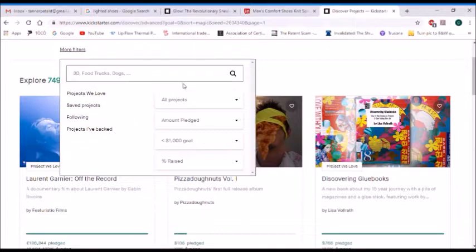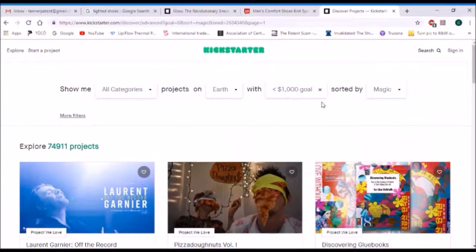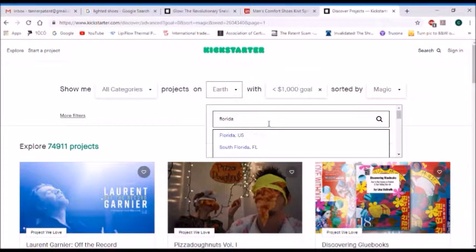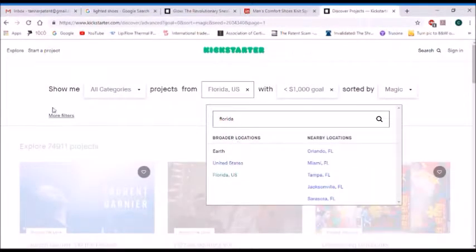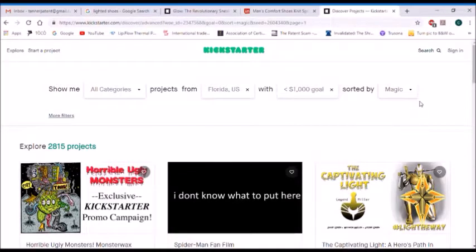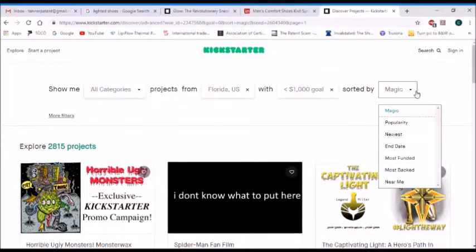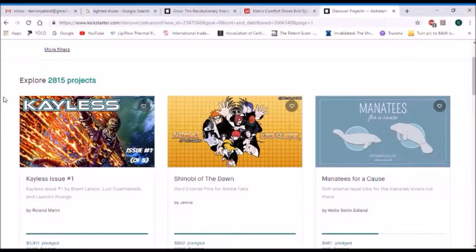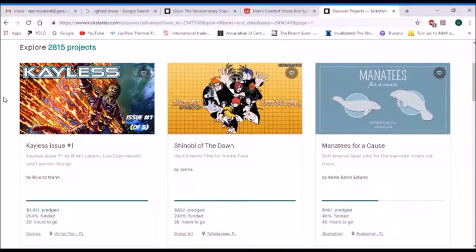And I also like to limit it regionally, specifically to locations that they're familiar with, at least the United States if nothing else, and in particular the specific academic exercise I'm doing is located in Florida. Now, how they sort by, I left the statistics out earlier. My favorite date would be the end date so that I could see the most recent ones. But I'm going to go against my own rule for a minute. Before I do that, though, I'm going to show